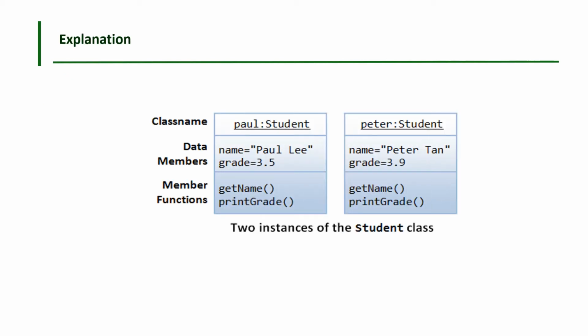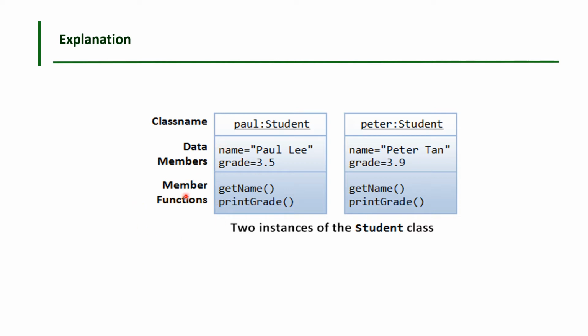Now an example: class student, and the object names are Paul and Peter. What data members will be there? Data members are nothing but the properties, attributes or characteristics of class student. So what characteristics can class student have? Class student can have a name as well as a grade. This is called a data member, that is your normal variable declaration, which in terms of C++ we call a data member.